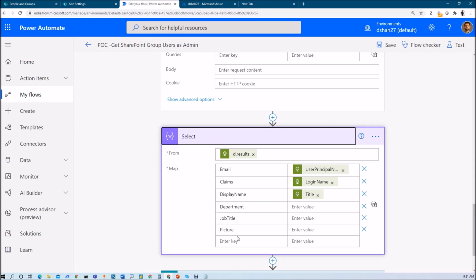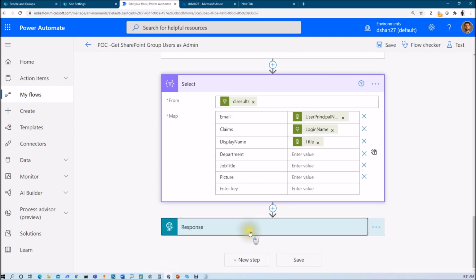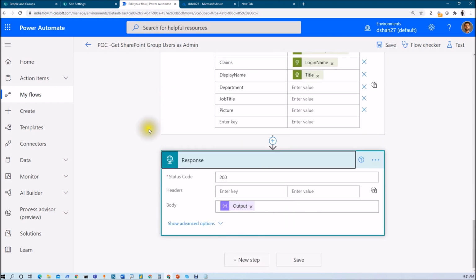So just go through that video and you will get a better idea, or just download this flow from the GitHub account and hover over it, and you will get every formula over there. And after that we are just sending the response over here. So that's the end goal. Now let's test this and check whether we are getting the perfect result or not.